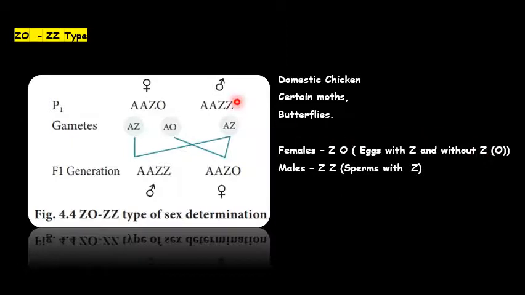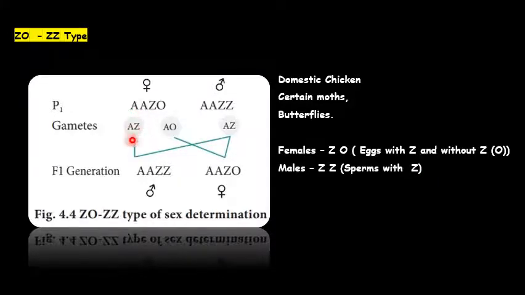So all male sperm cells will contain the Z chromosome. Say for example, this is a female and this is a male. As I told you, the female will either contain a Z chromosome or it will not contain any chromosome at all. Hence we put that as zero or null. In the males we have all the sperm cells carrying a Z chromosome. So when you pair